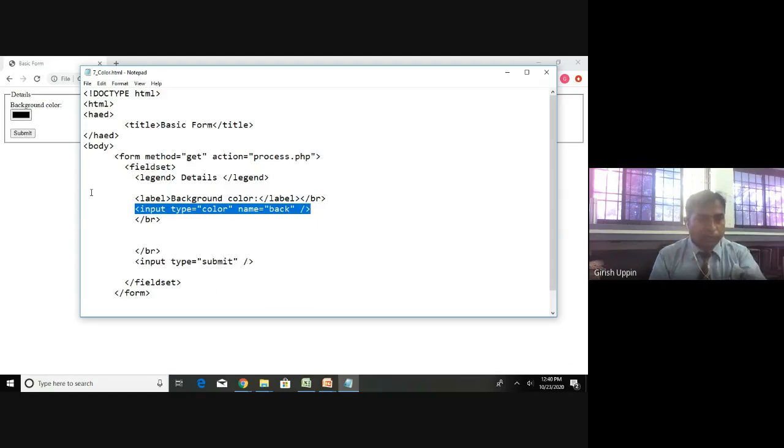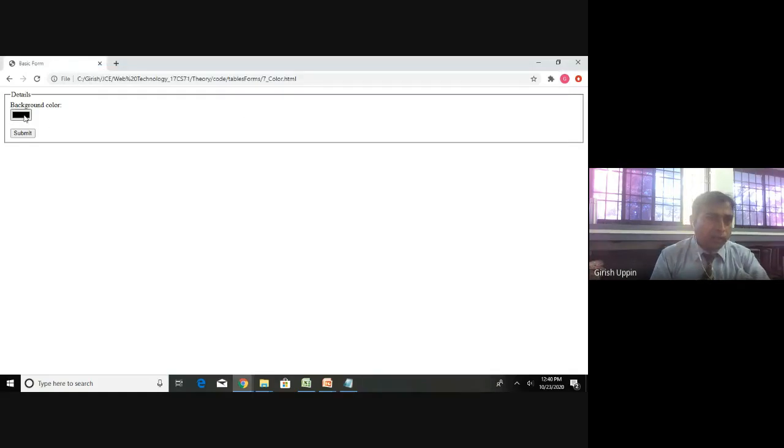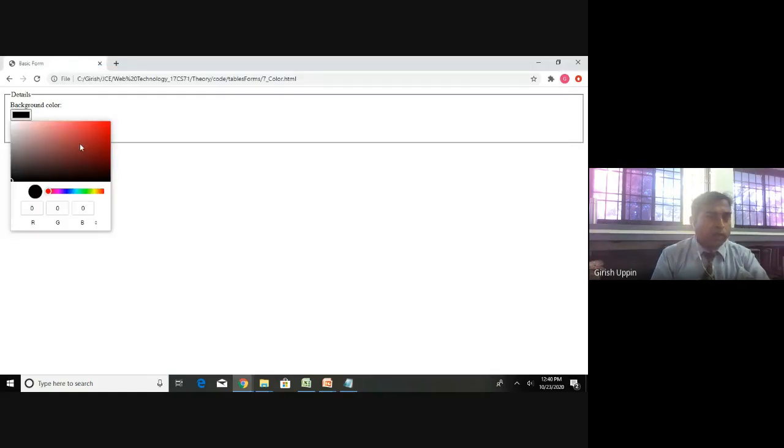Let me see what happens if I click on that color. It will show me a color palette where you can select whatever values you want. Either you can directly enter it here, or you can select from this palette. Here you can see RGB values, or if you want to change it to HSL, you can do HSL.